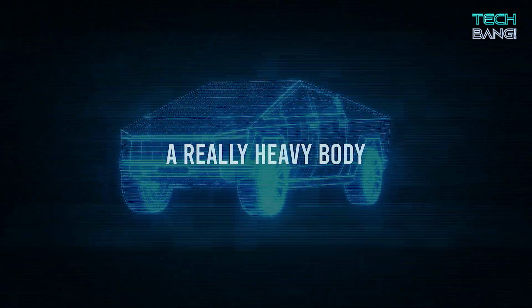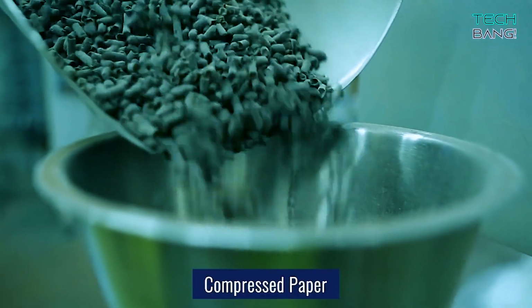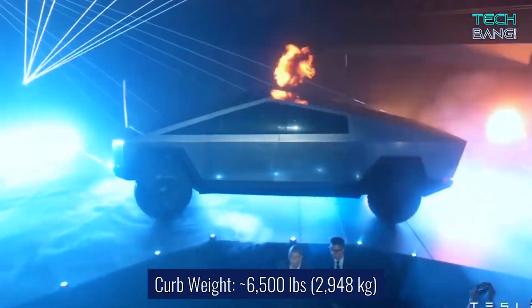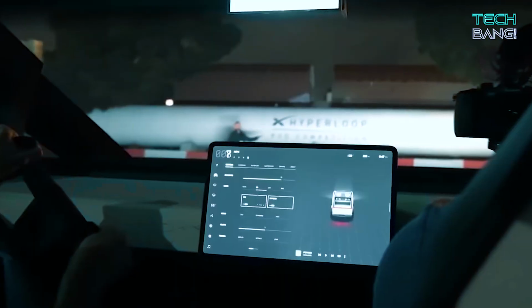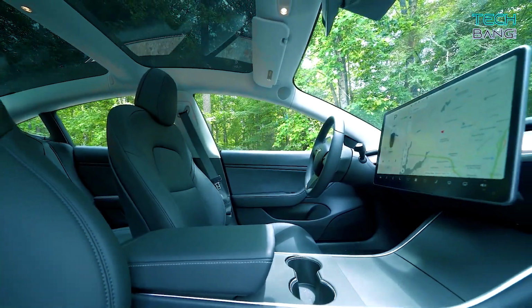A really heavy body. Musk made much of the Cybertruck cold-rolled stainless steel body. It uses a 3mm thick, ultra-hard 30X cold-rolled stainless steel unibody design, making it weigh around a whopping 3 tons. But there are design consequences for this decision, however. The steel is too strong to be shaped with a stamping press, making it so only flat planes can be